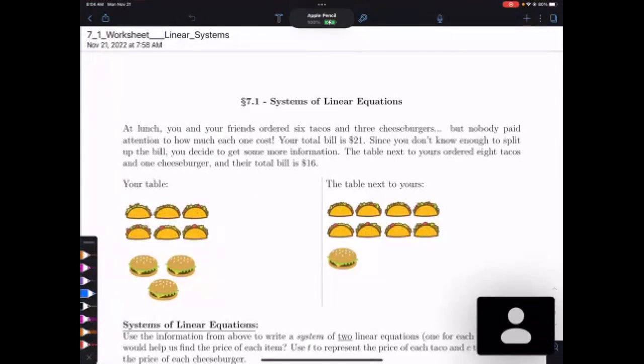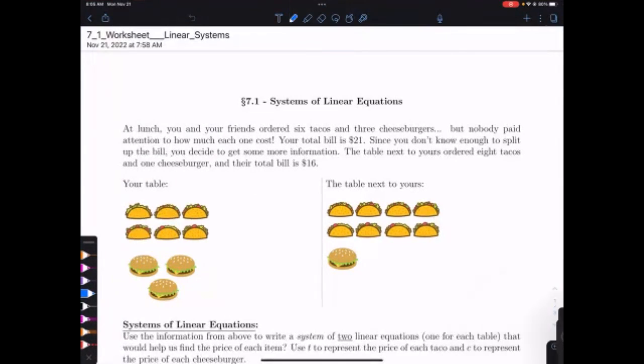Okay, so we are going to be talking about systems of equations. That's kind of our last topic. Systems of equations. We'll talk a little bit about matrices, but